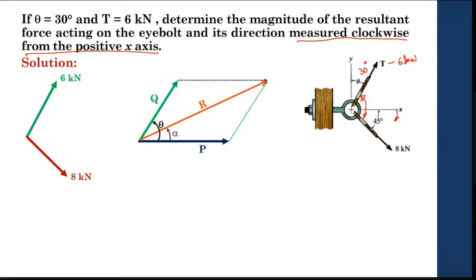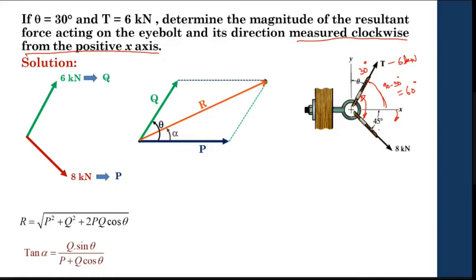Sir, 105. Yeah, 105. Very good. So 105, this is 90, so you can see that this part is 90. So this part will be 90 minus 30, which is equal to 60. So 60 plus 45, then totally it is 105. So this is your angle, which is 105 degree.